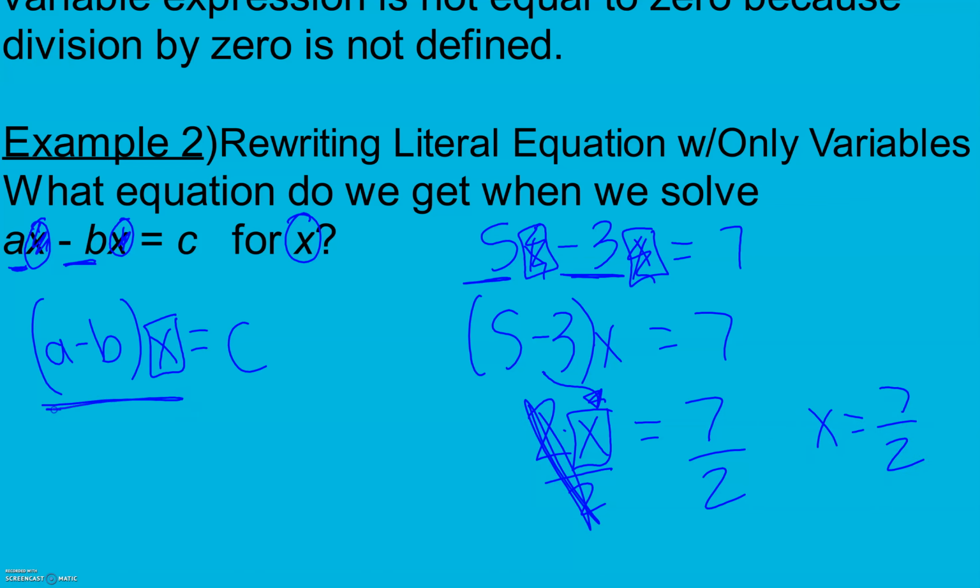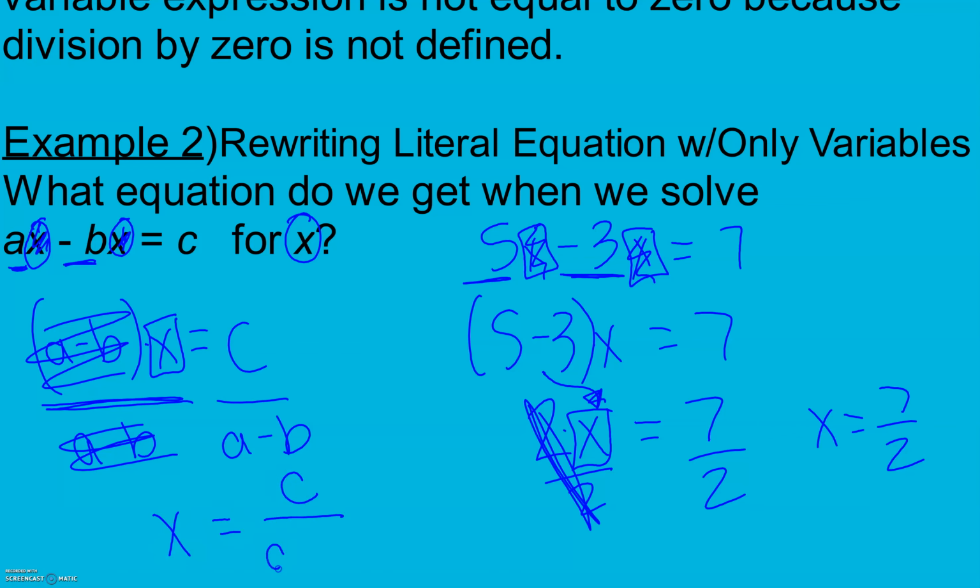We can do the same thing over here, even though it's a difference. I can take and divide by a minus b on both sides. X is being multiplied by a difference, so we divide by it. Whatever it's being multiplied by, we divide. Anything, so a minus b divided by a minus b, anything divided by itself, no matter how complicated, is always just going to be 1, and 1 times x is always x. So I get c divided by a minus b. Just like over here, I got 7 divided by 5 minus 3,